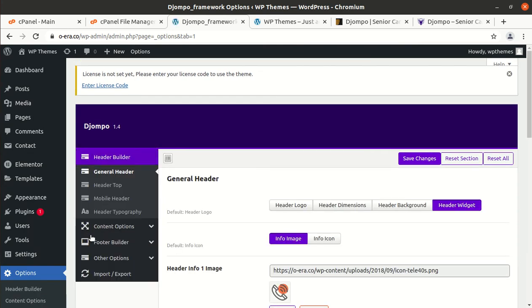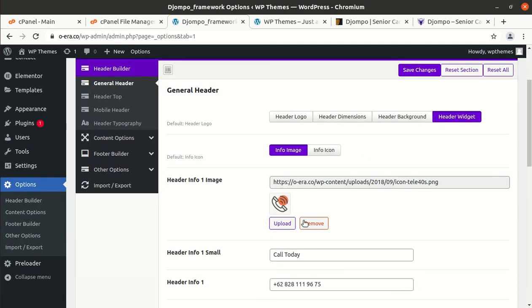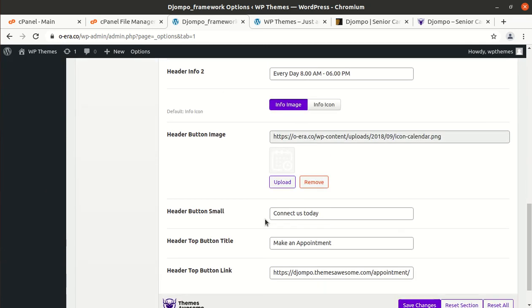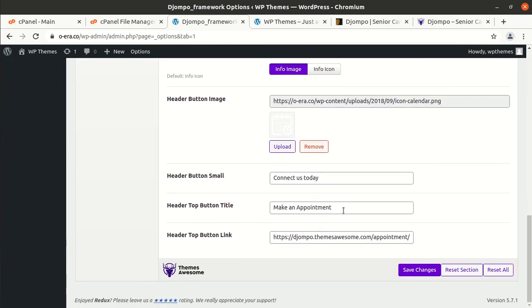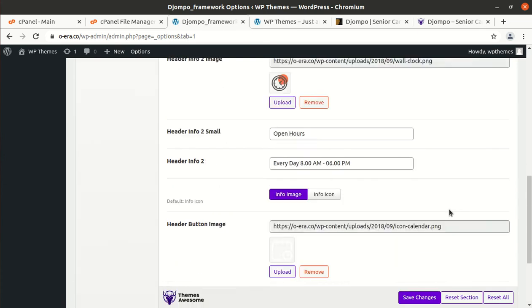These are the basic settings available in the Zompo WordPress theme, and this is the general header. Of course, we can change the icons and rest of things from here, and the appointment button and header top appointment link can be changed from here.